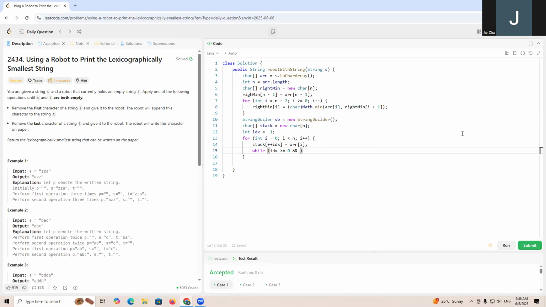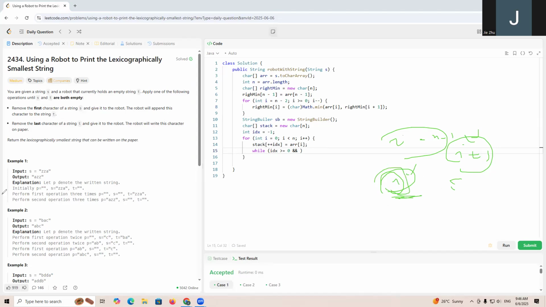If on its right there is no min character, for example at i, if this is on the stack, the stack top is the smallest, that is rightMin[i + 1]. Mins are always greater than the stack top, right? Or we are at the last index, i equals n minus one, right? So in all of these cases, we are going to pop those items from the stack and append